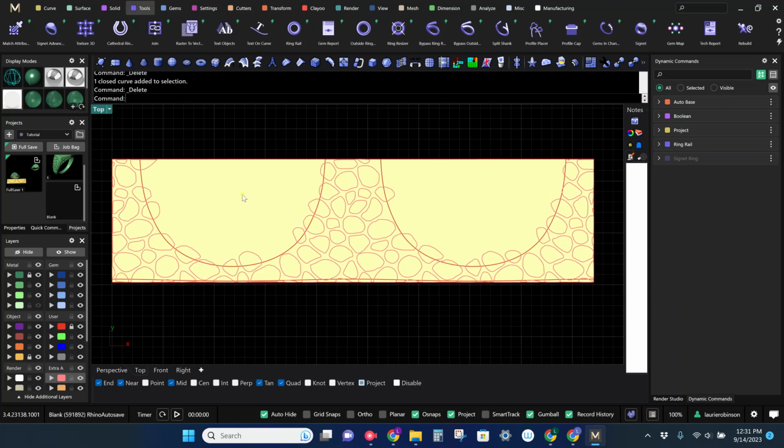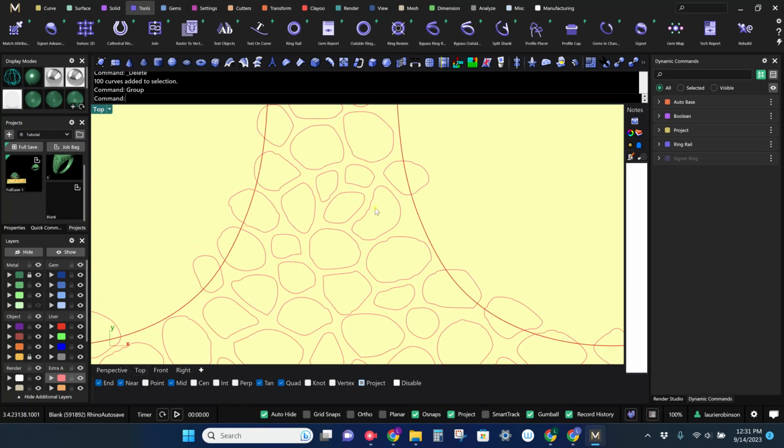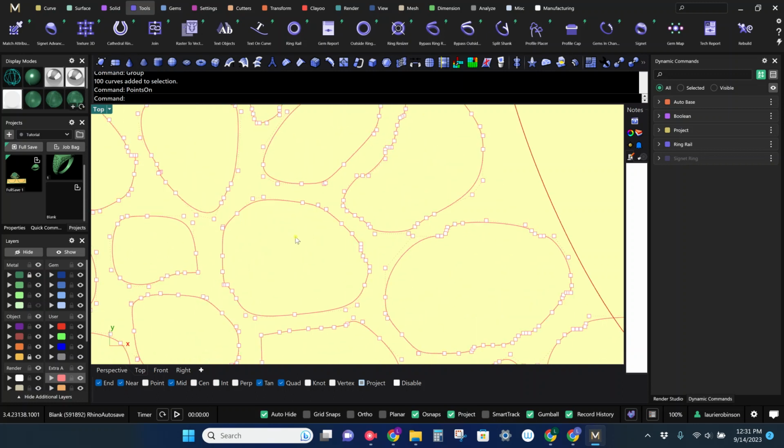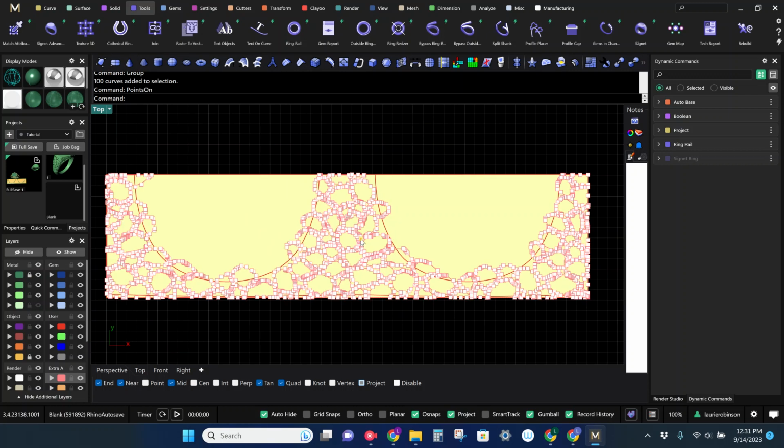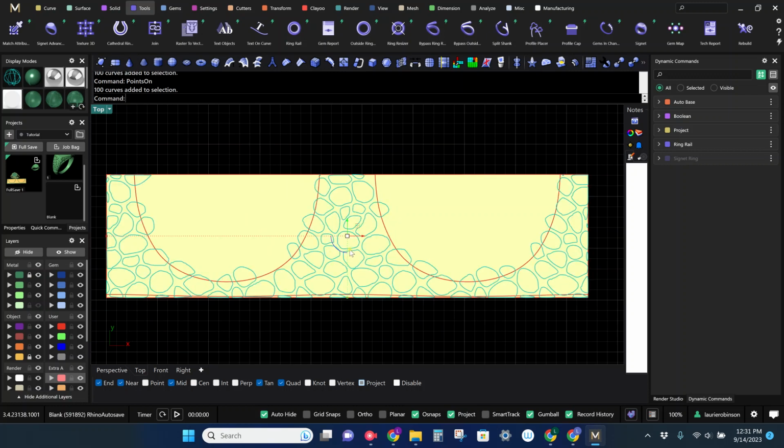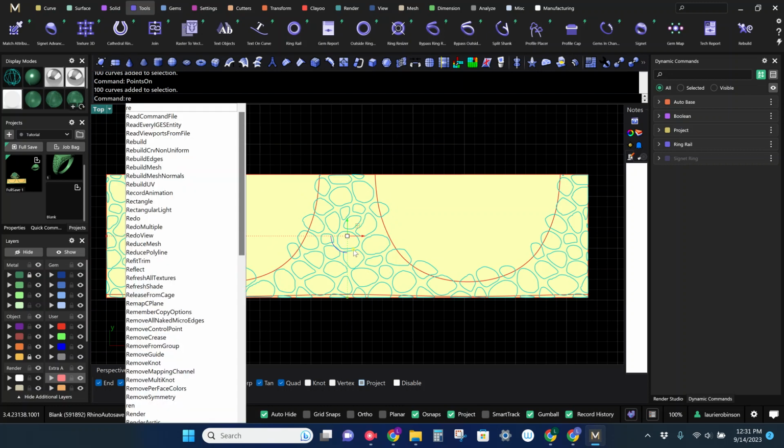All right. And the next thing I'm going to do is group them again, and I'm going to rebuild these. Right now you can see they're kind of craggy, and if you put the points on, you can see there are a gazillion points, just too many points. So I'm going to rebuild. I'm just going to grab them all as a group. I'm going to type rebuild,